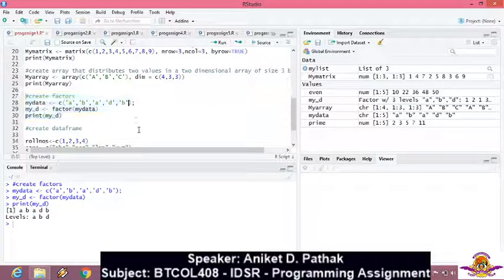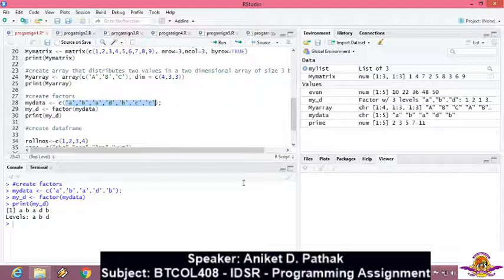Now I change it and add one more level, that is a small c, and I repeat it again. So my vector now has 1, 2, 3, 4, 5, 6, 7, 8 elements overall.